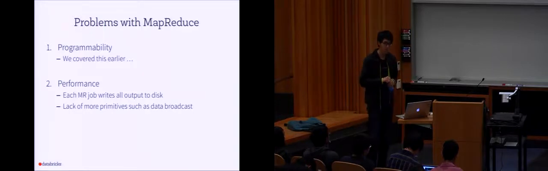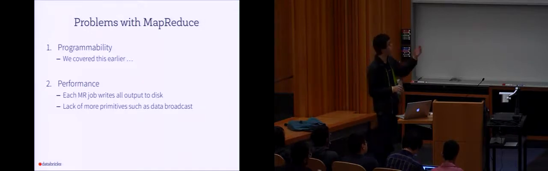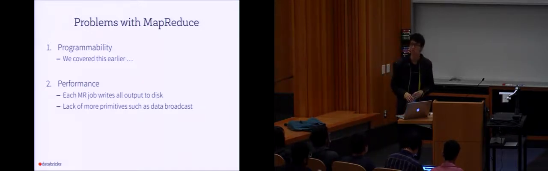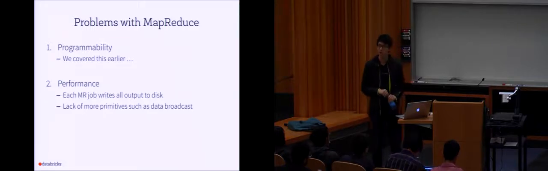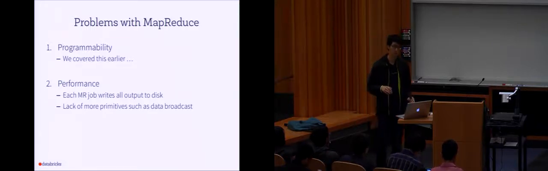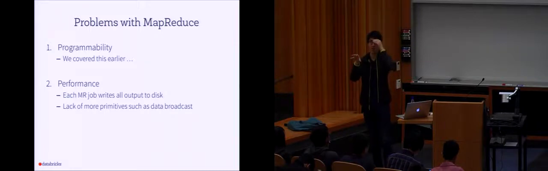There's another problem with MapReduce that people are starting to realize when they're using it more and more. The first is programmability. They will talk about ease of use. So it's somewhat mitigated by the higher level framework. So now it's easier to write. The second part is performance. And the problem with it is essentially each MapReduce job is reading all the input from HDFS or disk. And after the map and reduce step, you will write all of them out to disk again.